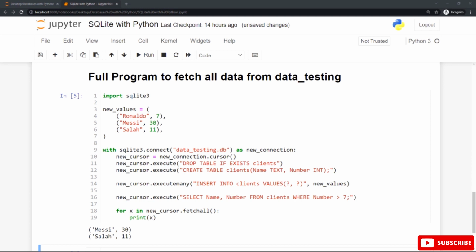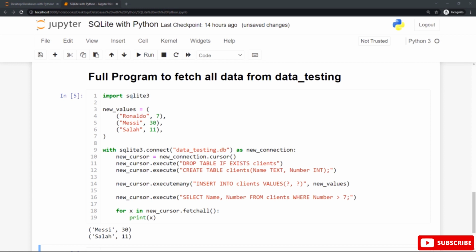We separate between them using a comma, or you can use the asterisk symbol to select all the information if you wish, followed by the from keyword, followed by the name of the table, and the where statement to set a condition to display all the records that match this condition.